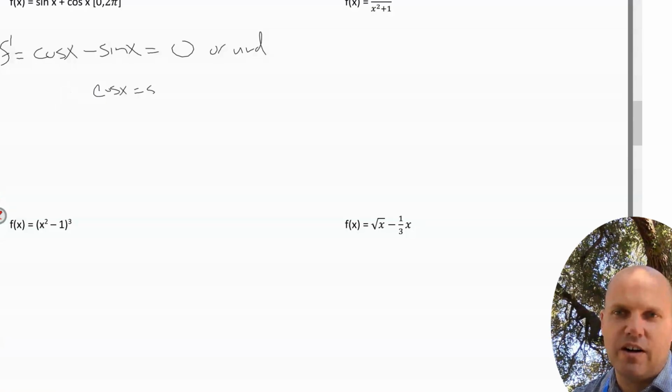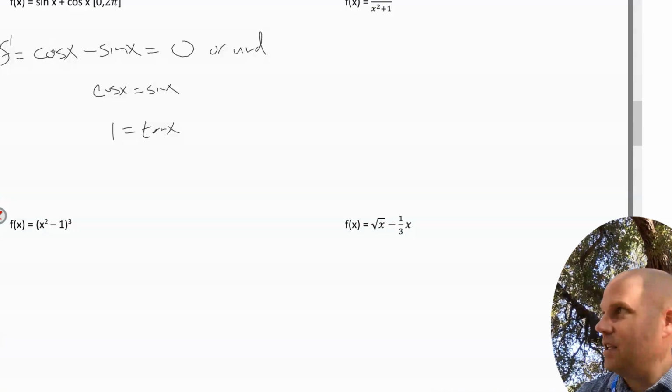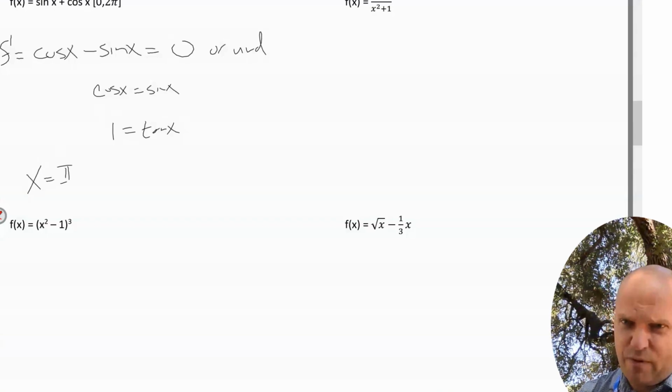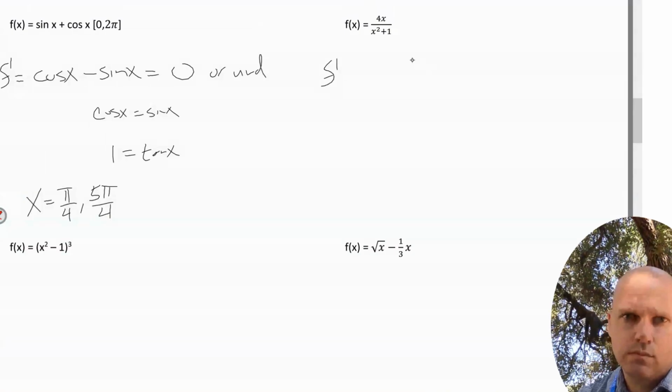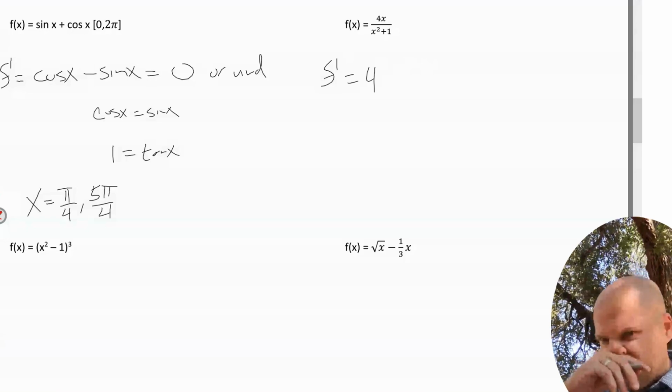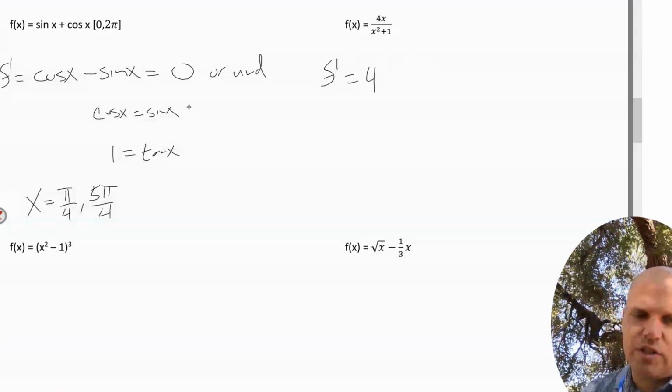This is a situation where, and we solved this in the past, you get tangent equaling 1. So it's like, when is cosine going to produce the same value as sine? This could be negative and this could be positive, or they have to be the exact same thing. Positive and positive, same values gives you 0. Negative and negative, same values, it gets you 0. That's when tangent equals 1. That's at pi over 4 and 5 pi over 4. That's it. I didn't want to do this, but we didn't have to worry about it.